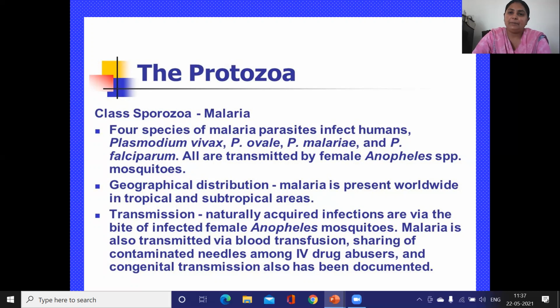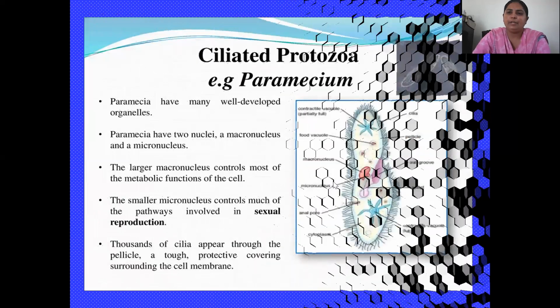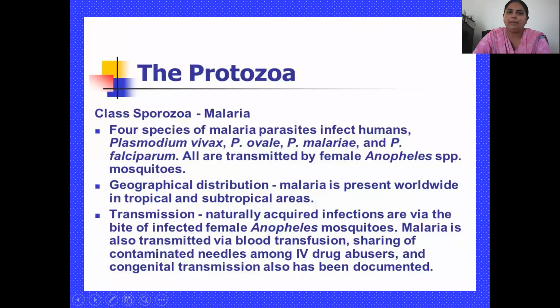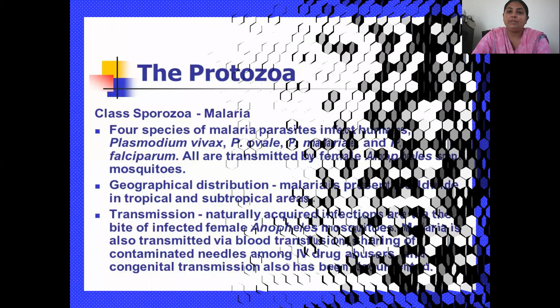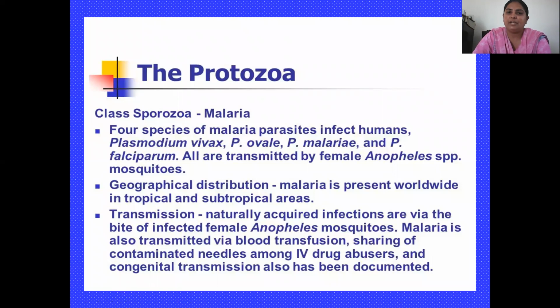So that's all about the kingdom Protista, in which the last organisms are the protozoans. So let us proceed further. After this, I'm going to tell you about a new kingdom, the third kingdom among the 5 kingdom system of classification, and that is the kingdom Fungi. So here I'm going to tell you about kingdom Fungi.